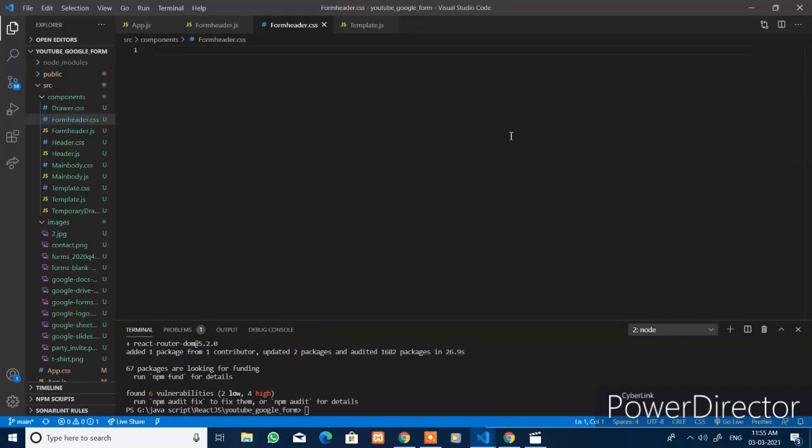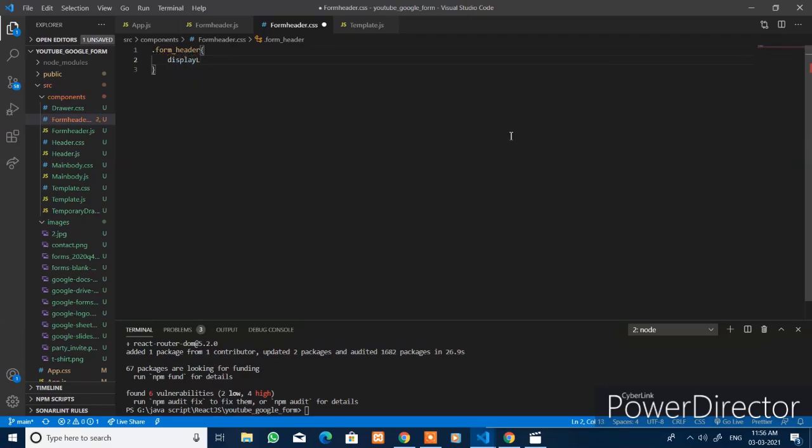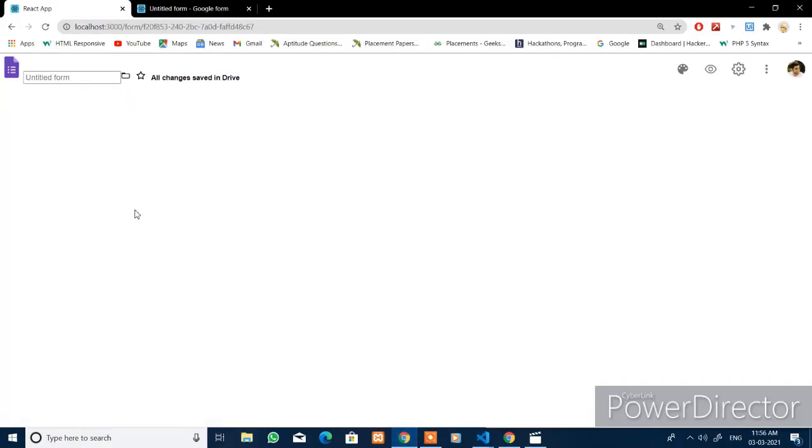Open the form header.css and design the form header with display flex. Save the file and open the browser. Here you see both components are rendered at the two ends, with space between them.